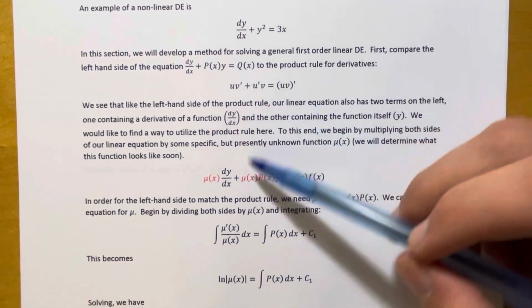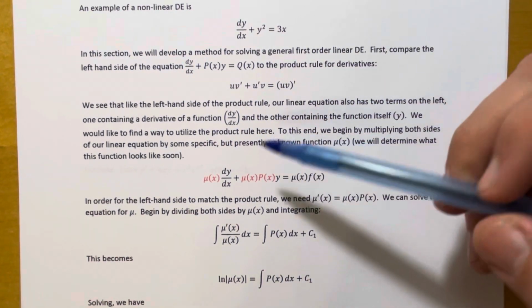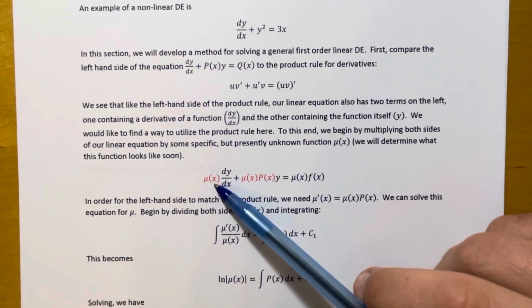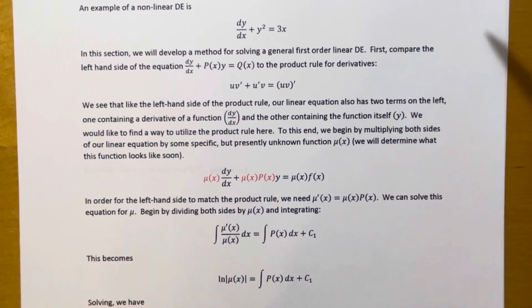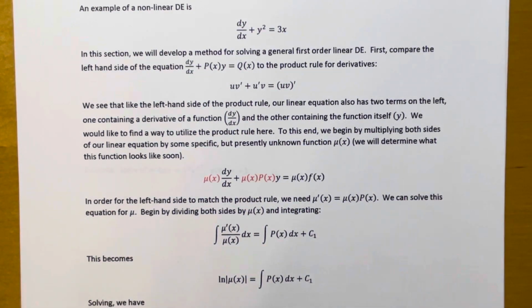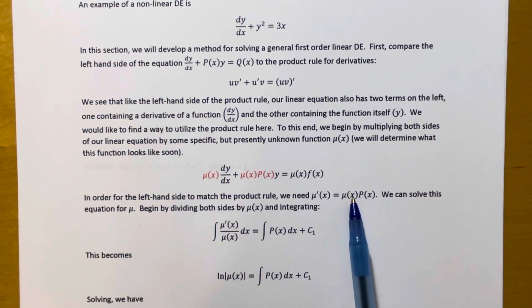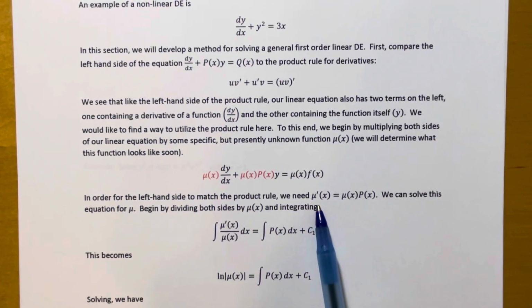That's how things would match up if I'm using the product rule. But that would imply that the derivative of mu of x is mu of x p of x. So that's this, okay? Let's see if we can use this to solve for mu. If I treat this as an equation that I want to solve for the function mu, I can divide